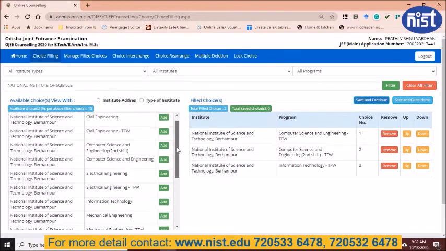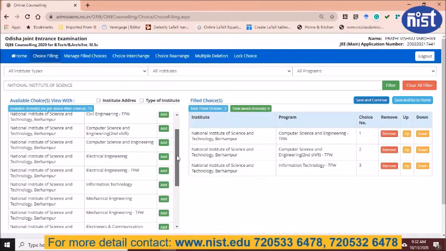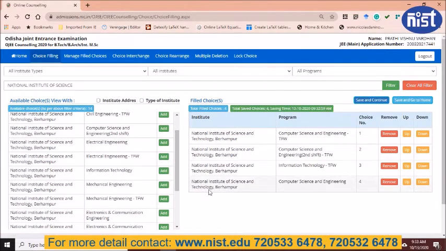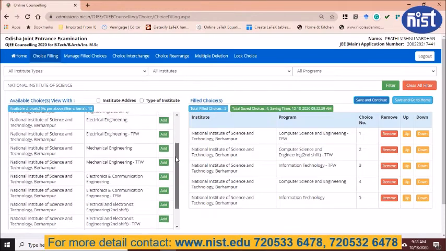I can give here computer science engineering. After that, suppose I want to fill CAC. After computer science, I can fill the IT. After IT, suppose I want to fill electronic communication. I can fill here.